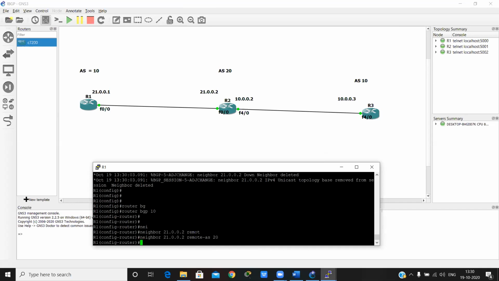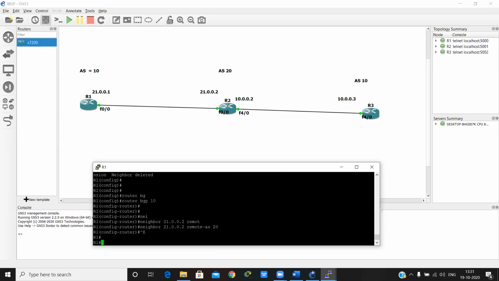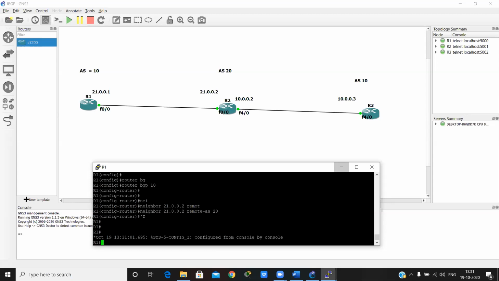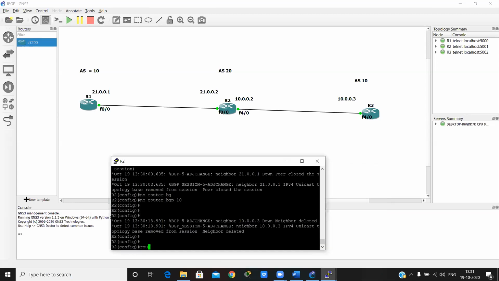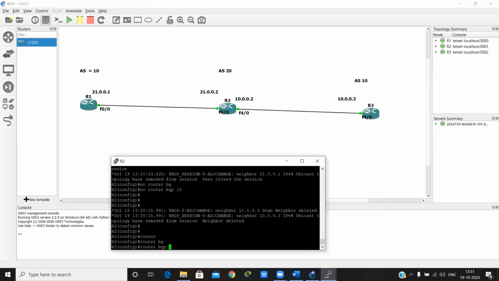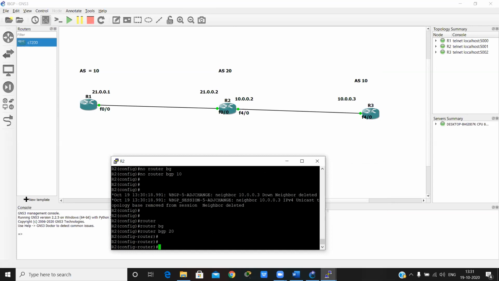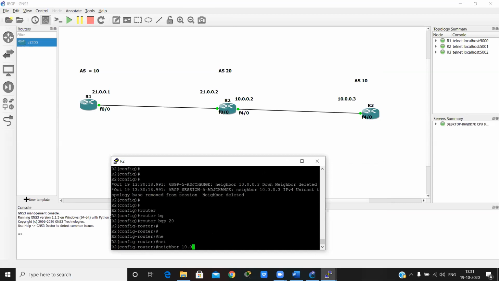Only this command we use for the eBGP and direct neighborship, and nothing else. Router BGP 20, neighbor 21.0.0.1.